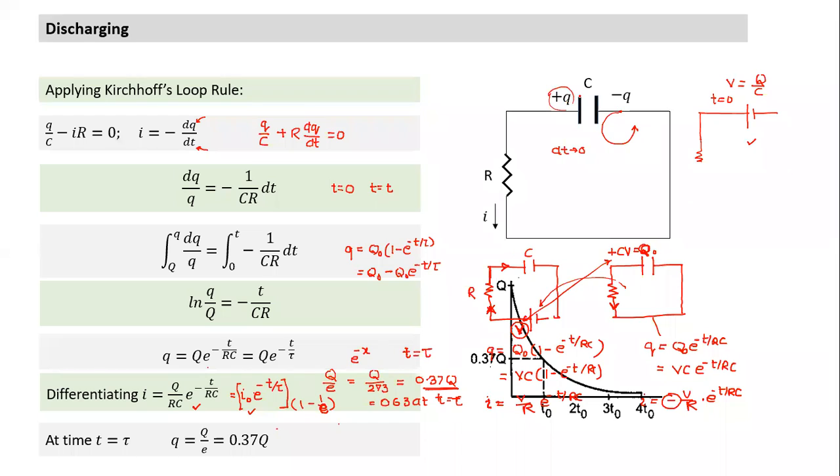When would the battery not get discharged? When R tends to infinity. And how do you make R infinity? If I have a small gap in the wire, what does a small gap in the wire indicate? What happens in the gap? There's air in between. Open circuit. A gap in the wire or a break in the wire indicates infinite resistance. Can we think of a gap in the wire as infinite resistance? There's an insulator in between. There's air in between. What is the resistance of the air? Almost infinite.